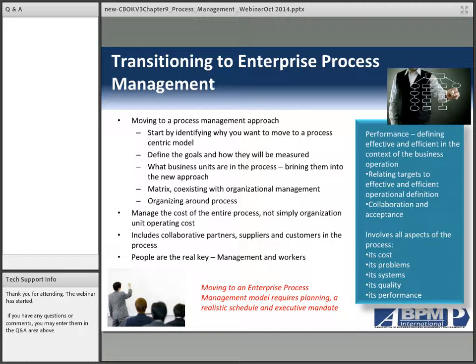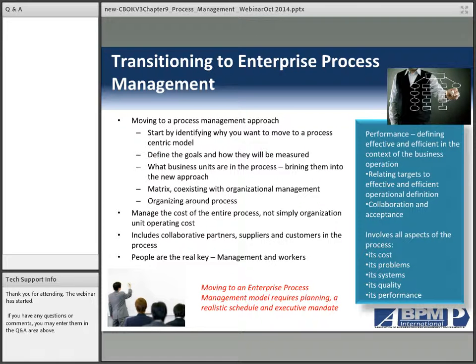The transition to a process management way of looking at the business operation is, first of all, a requirement that you sell the concept to the executive committee, and then once the executives have bought in, you sell it down to the business managers. This is something that is very difficult to try and do from the bottom up, where you just start to put some things together and then build upward and present a new way of doing things to executive management based on success that's already happened within the organization.